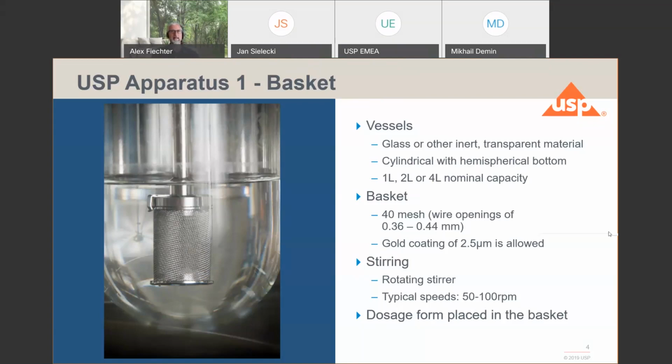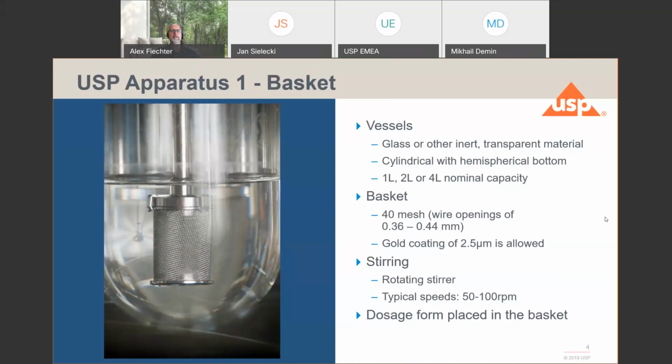The dosage form for the basket is placed inside, which has some pros and cons. For material that is floating, or buoyant, if you introduce it into the vessel, you have an opportunity to keep the dosage form immersed all the time, so that material is not coming up to the surface of the media, which also gives you a more constant release characteristic.